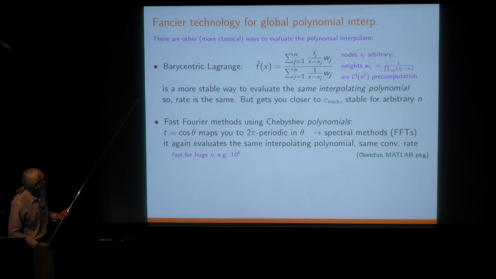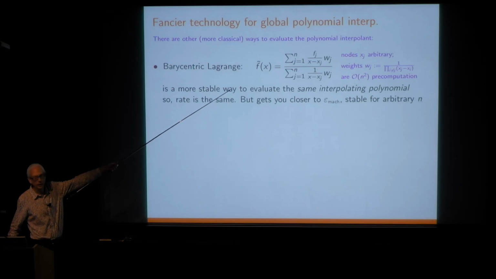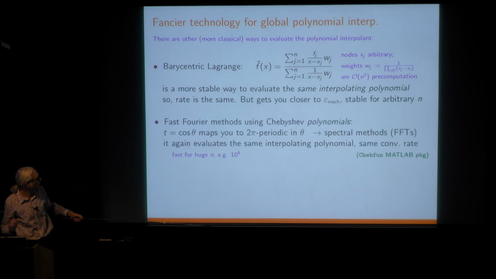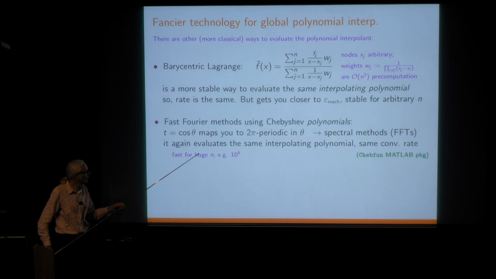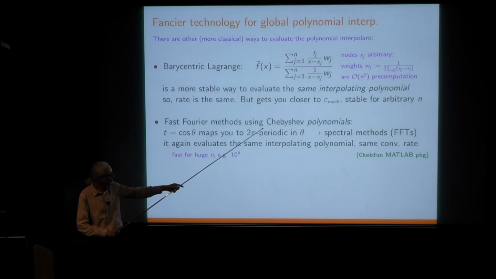Okay. And so, by the way, let's say you had n is 1,000 now. You could evaluate it stably with this formula. It'd be a little annoying because of the n squared cost, but you could. And if you want to go to really huge n, there's a whole technology where you're using Chebyshev